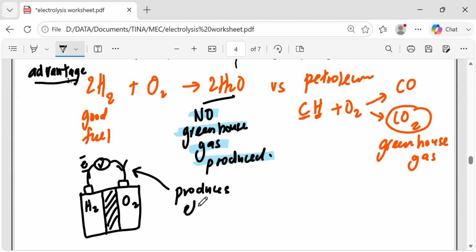It produces electricity. And it's the overall equation. Okay, so there's no pollution at all. Now, the advantage is no greenhouse gas. Okay, the disadvantage